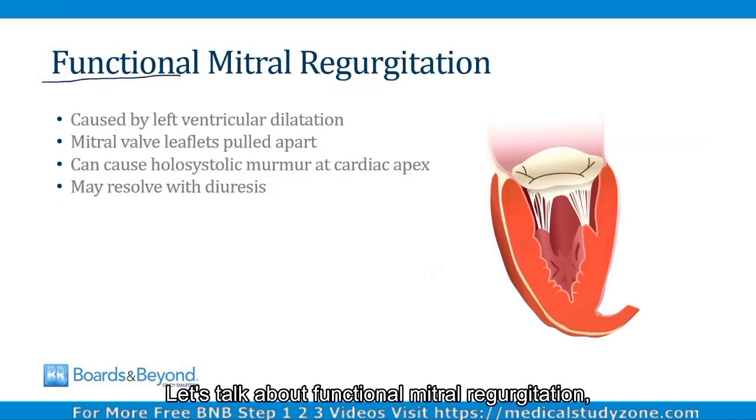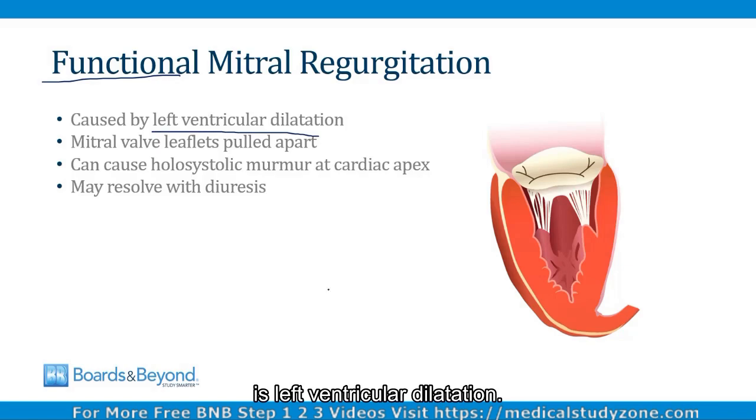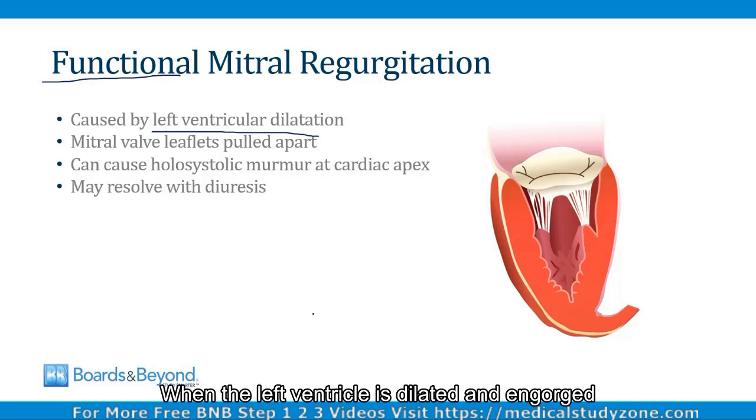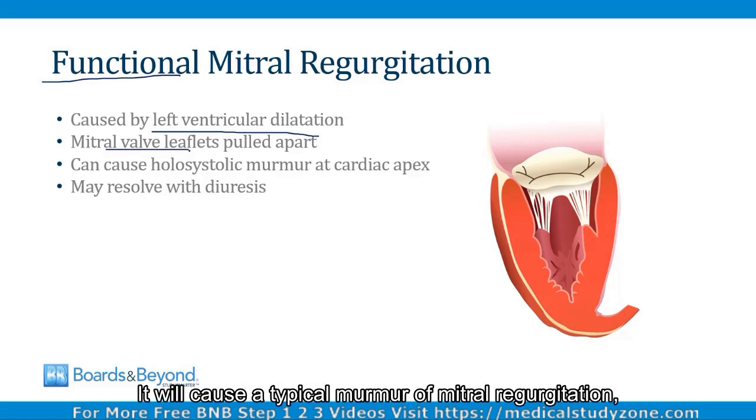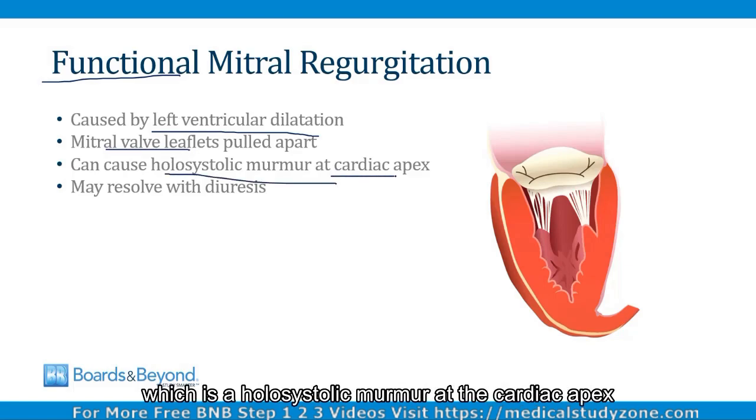Let's talk about functional mitral regurgitation. It's called functional because it's caused by the function of the mitral valve, not an anatomic abnormality of the valve. The cause of functional mitral regurgitation is left ventricular dilatation. When the left ventricle is dilated and engorged in acute heart failure, the mitral valve leaflets can be pulled apart, and this can lead to what's known as functional mitral regurgitation. It will cause a typical murmur of mitral regurgitation, which is a holosystolic murmur at the cardiac apex, and it